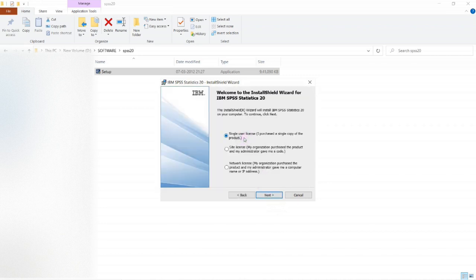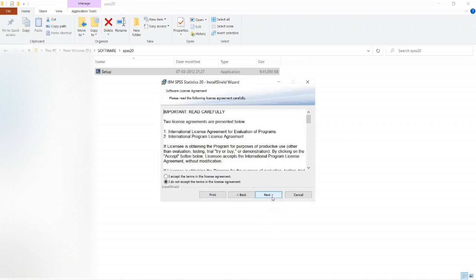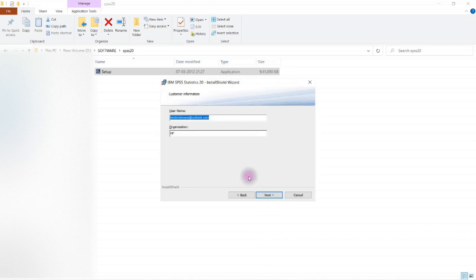Then here we have single user license. Then next I accept the terms. Then next here we have to give username and organization name. I'm giving my name. And organization name SK.